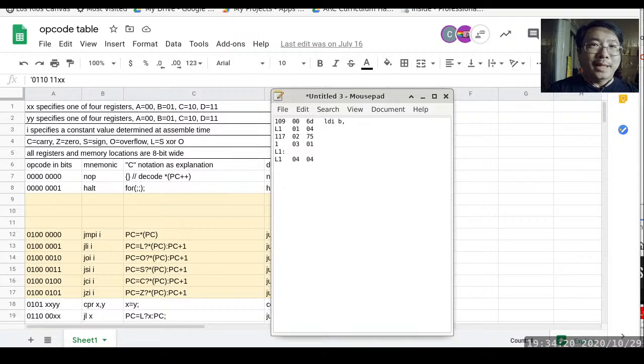Well, whatever byte is next to this, okay? So it is actually 04 or L1, okay? Either one is fine. You can say L1 or 04. So that is the LDI instruction. The LDI instruction takes 2 bytes. The first byte is the opcode, and then the second byte specifies what value we are loading into the specified